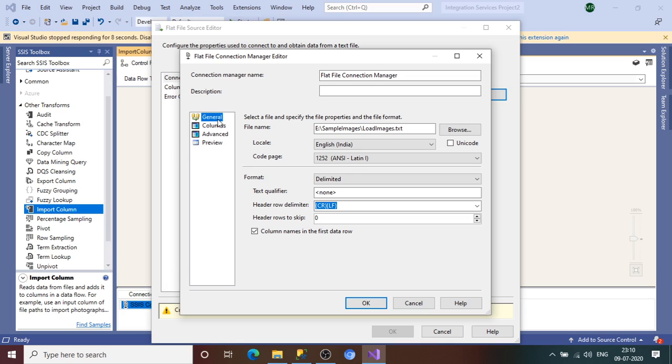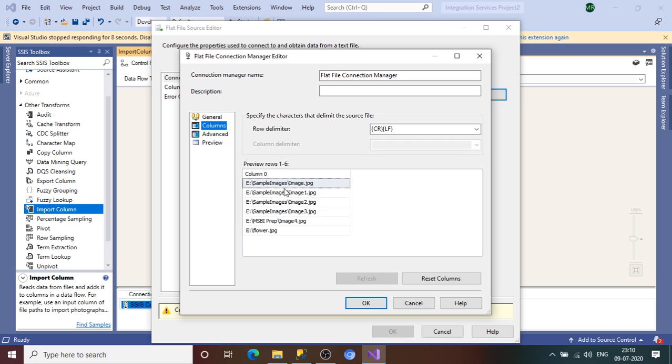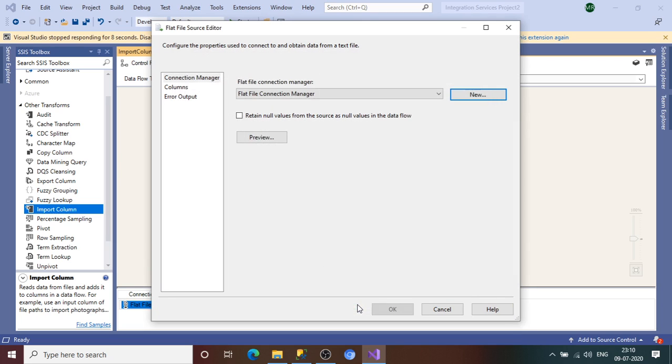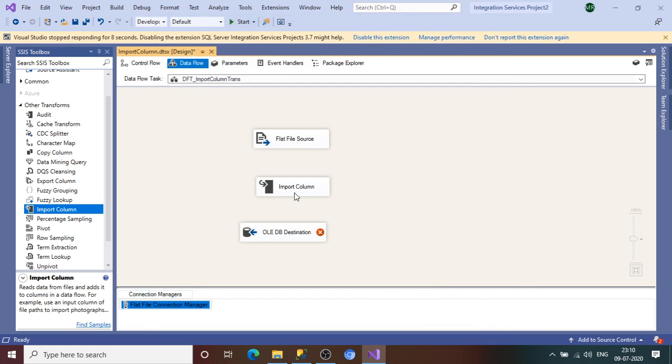Because we do not have any header value. Because of this option, column names in the first data row, the first data is taken as a header, but we don't want this to happen. So let me uncheck it, go back to the columns, and you see now all the data is coming in the data part. Because we do not have any header in the file, SSIS has given the column name Column 0 here. Okay, so let me click on OK. This is fine. Click on OK.